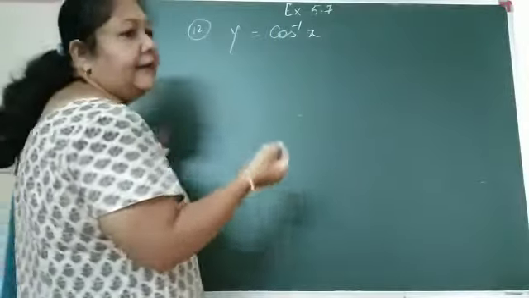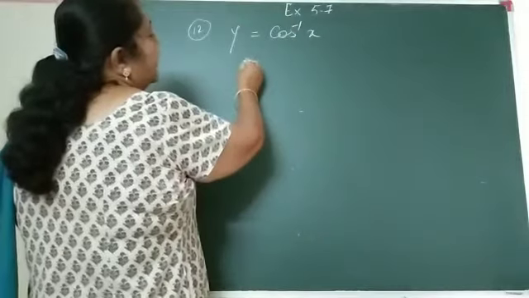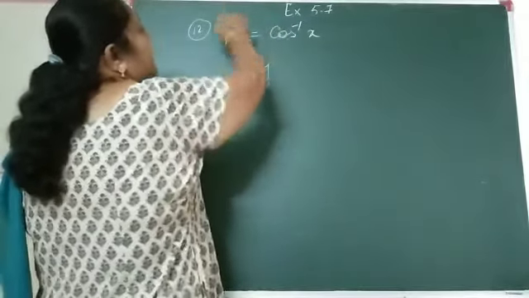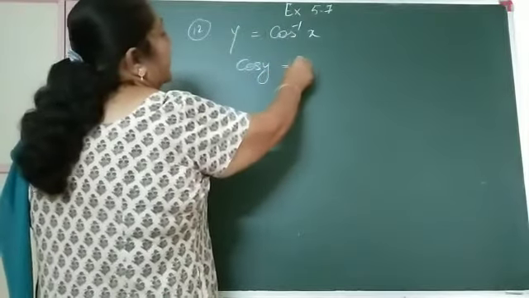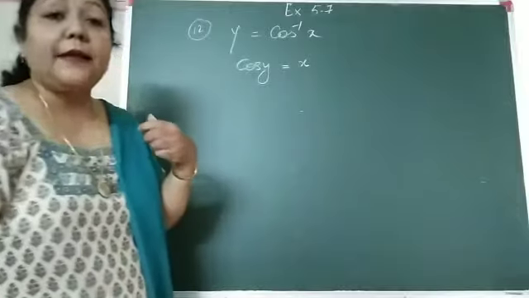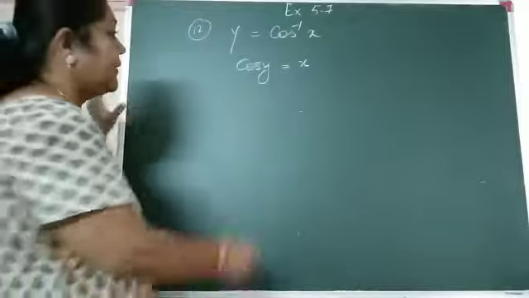Now, I can write, if I wish, this cos inverse, I bring it to the other side and I will get cos of y. Cos inverse comes to the other side and becomes cos y is equal to x. It is like this way, cos y is equal to x. Now, let me differentiate it for the first time.